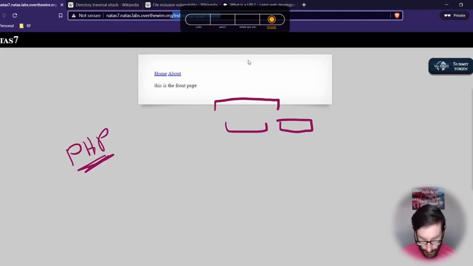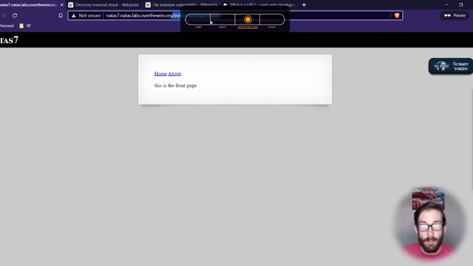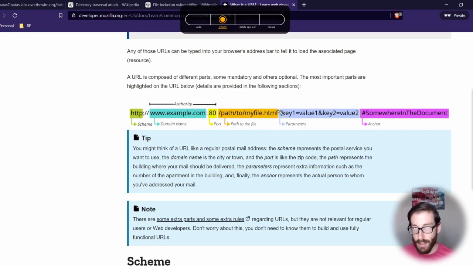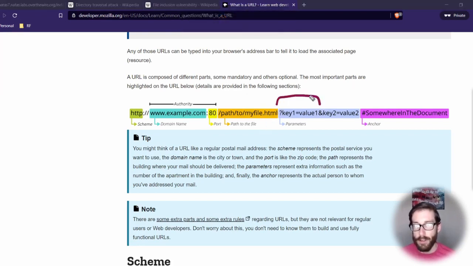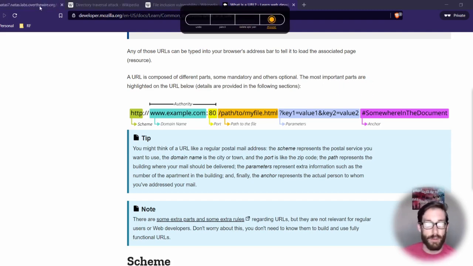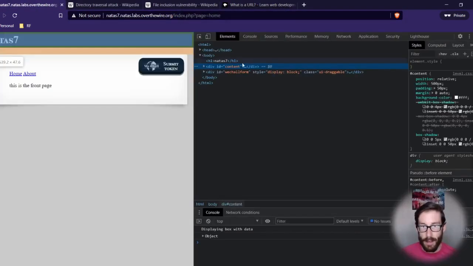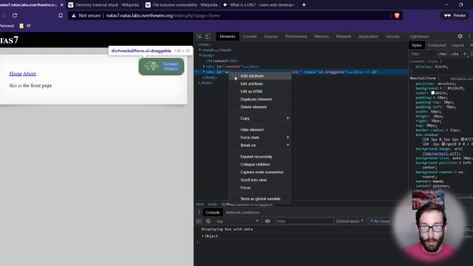One of those parameters that we've seen in the other URL, if I jump back here, is the home piece, right? So we have page equals home. Home is a specific location, and page is a specific parameter that we can call on, or a key. So these are key value pairs. If one of our keys takes a path, then the next guess would be that if we paste in the path that's been provided to us in the inspect page, we should hopefully be able to make it to where we want to go.